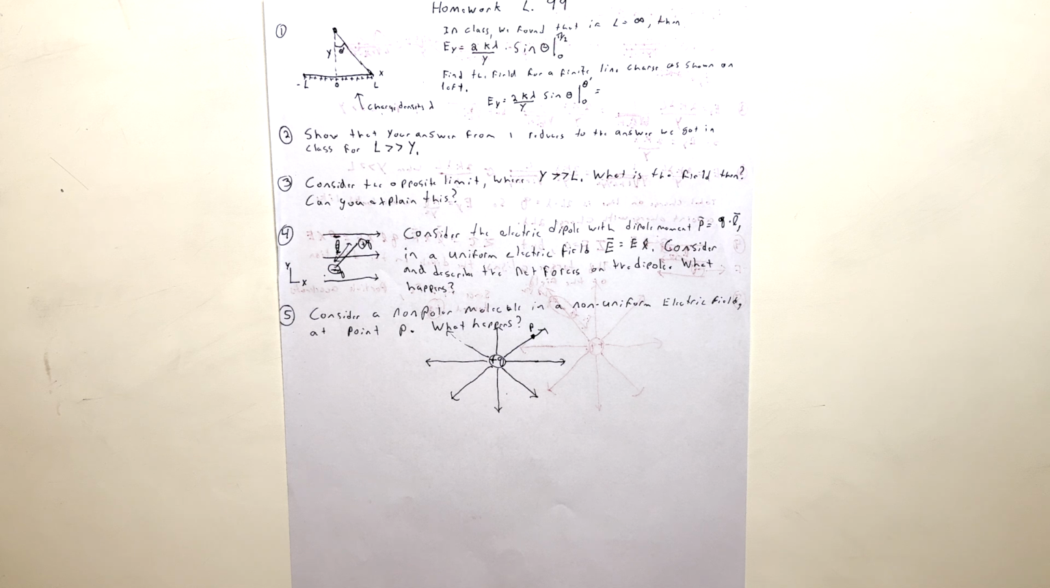Number 4, consider the electric dipole with dipole moment P equals Q times L in a uniform electric field, E equals E in the x direction. Consider and describe the net forces on the dipole. What happens? Okay, well,